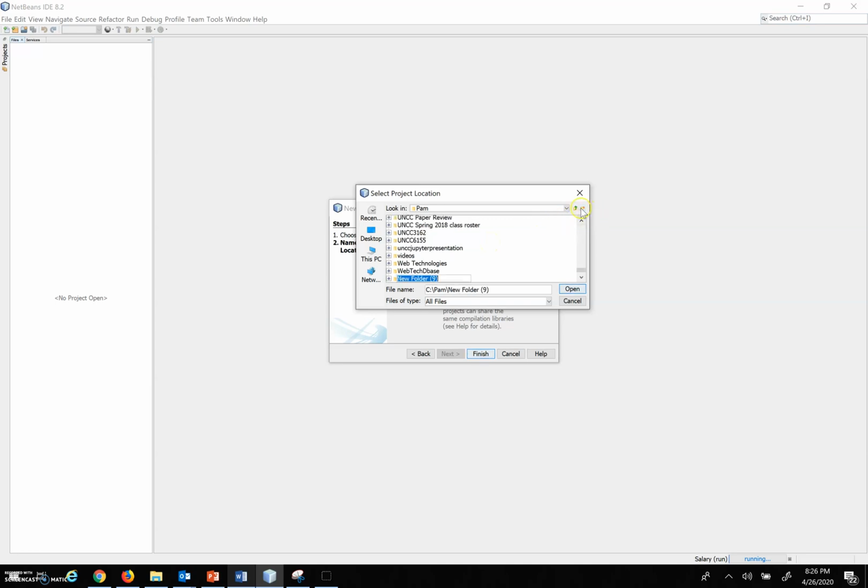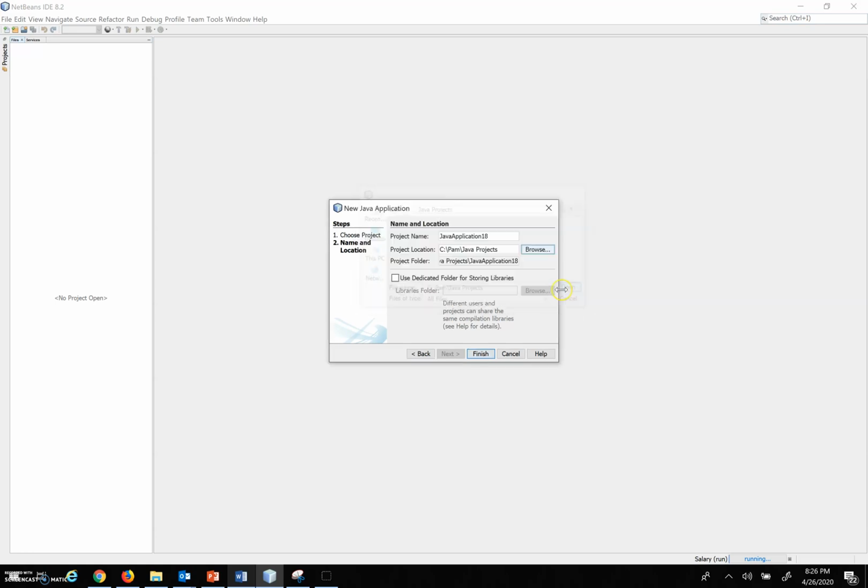Let's see, I think I'll create a new folder and I'll call it Java Projects. You don't have to do this if you want. If you've already got a folder for the class, you can do that. Click on Open. All right, so then the project name, I want the project name to be Salary with a